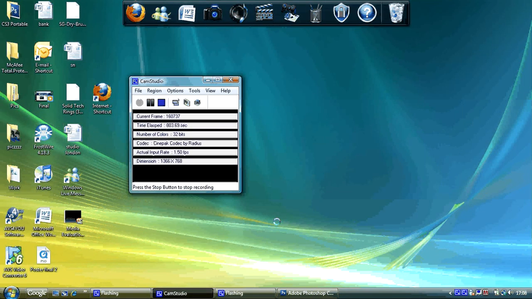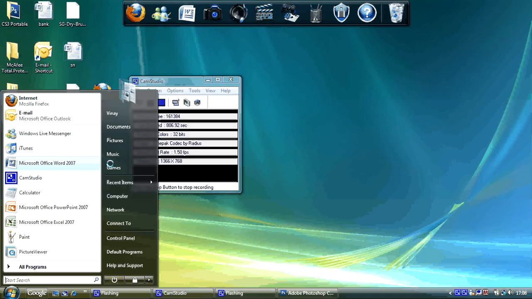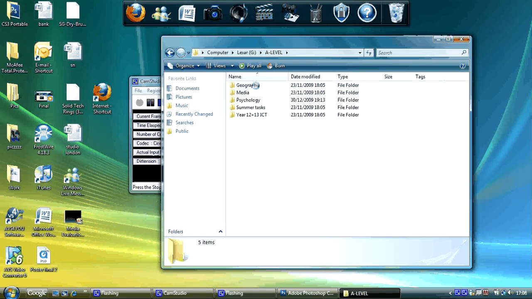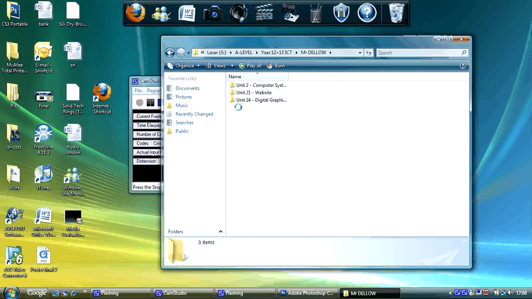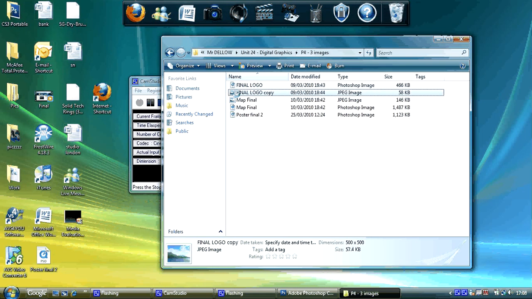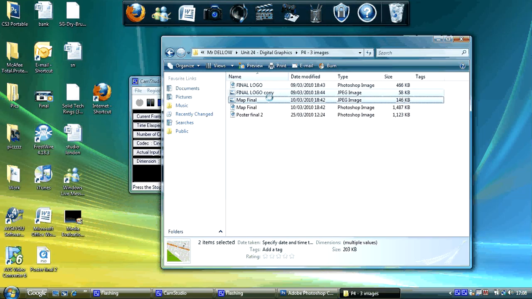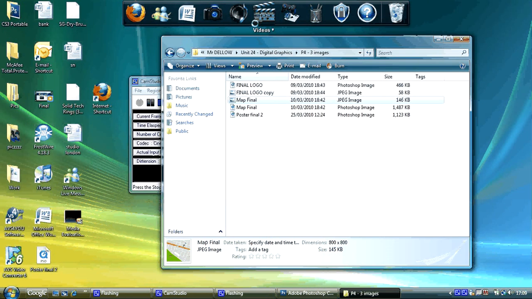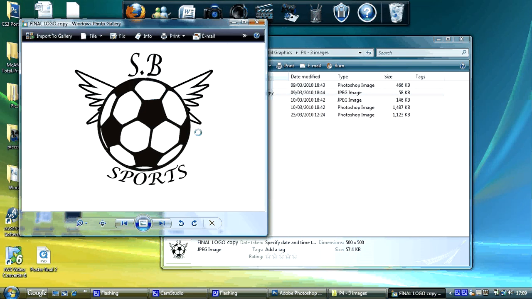So firstly, if I open my folder where I've kept all my work, you can tell that all of my work is saved. Some is saved as a JPEG file, such as final logo, copy, map final, and this makes life easier. This is called file format. So if I wanted to add my final logo from my JPEG file to, for example, a poster, Word document, an Excel document, any sort of document, it's easier to transfer using a JPEG,